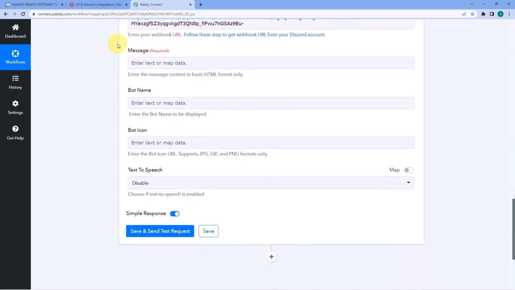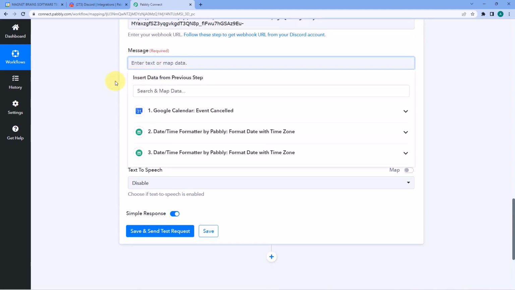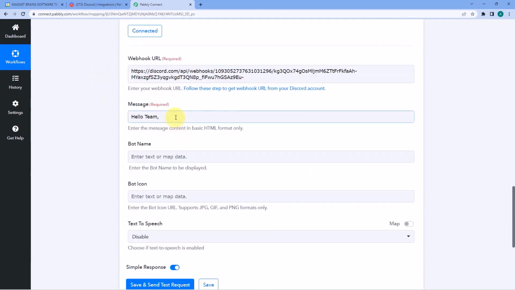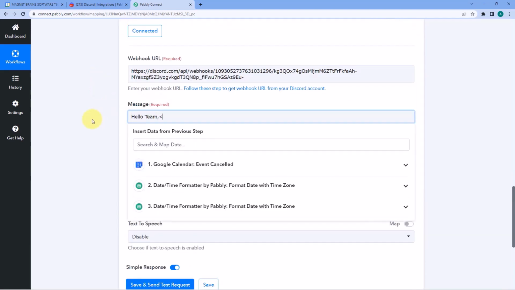After pasting the webhook URL, the next thing it asks us is the message. That what is the message we want to send on our Discord channel. So I want my message to be, hello team. And guys, because we have selected the action event as send channel message HTML, to get into a new line, we have to enter this BR tag over here. So I want my message to be hello team, and in the next line, I want to mention